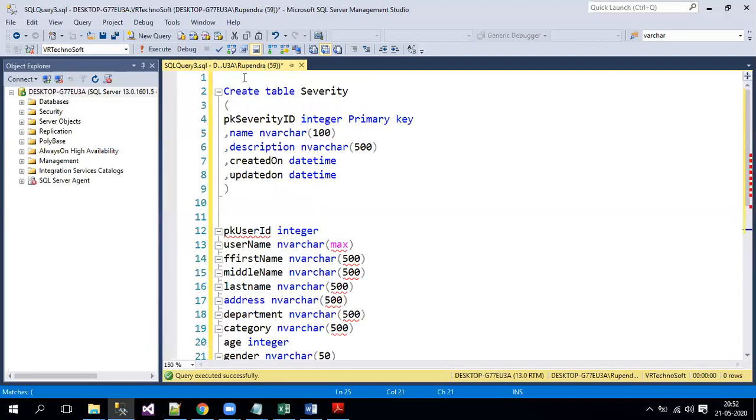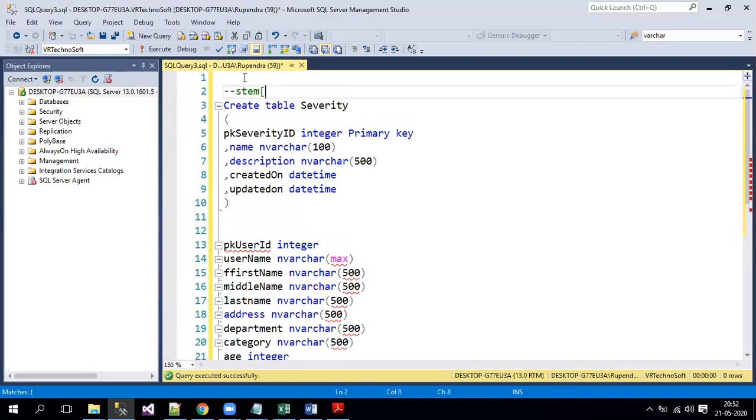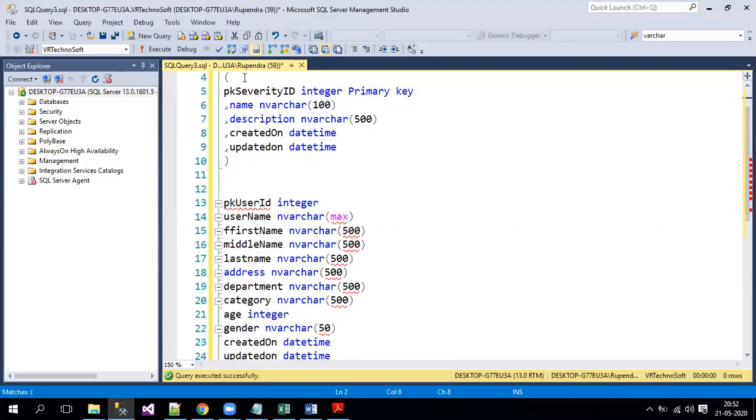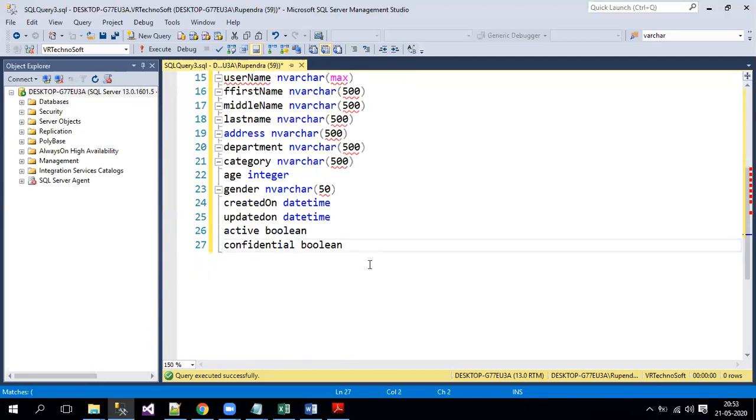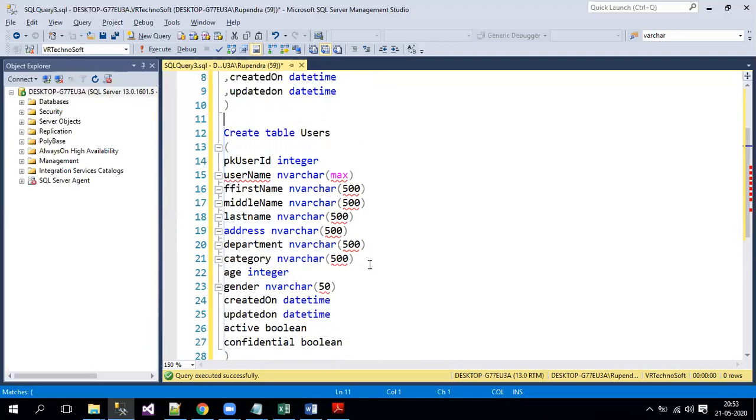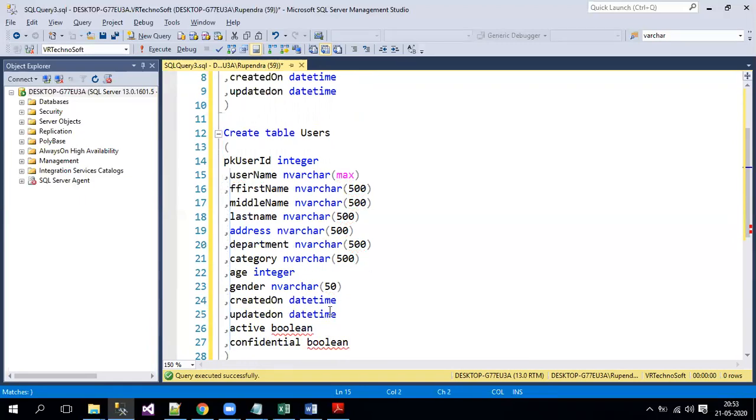This is step one, right? I just mentioned here step one in the comments. Mention it like that, so it will be easy. So create table, and as it is a users table, now let me put open brace and close brace, and let me put commas for each and every column here, and make sure if there are any spaces or not. So it is showing some error here. Okay, let's see. So here we need to mention it as a primary key, because they are mentioning it is a PK there.